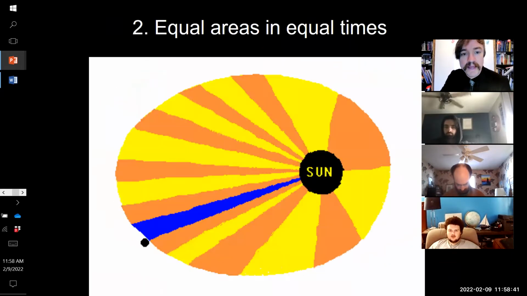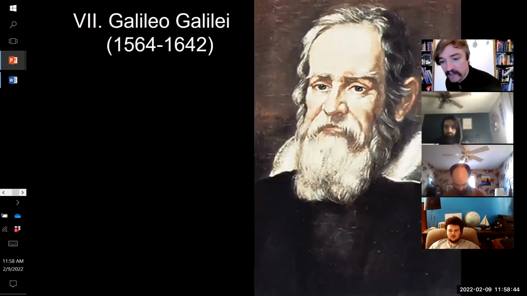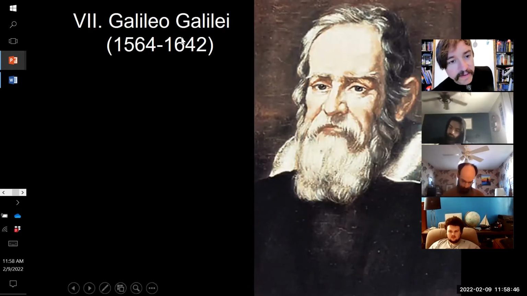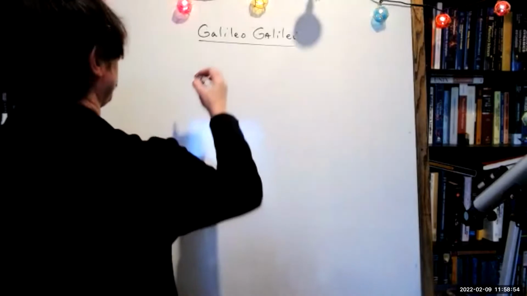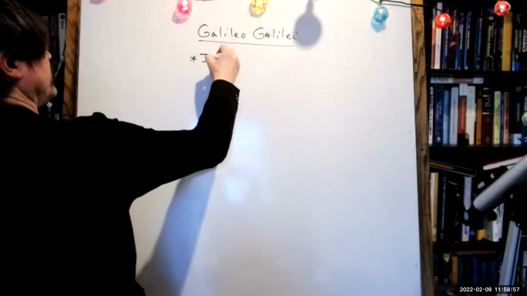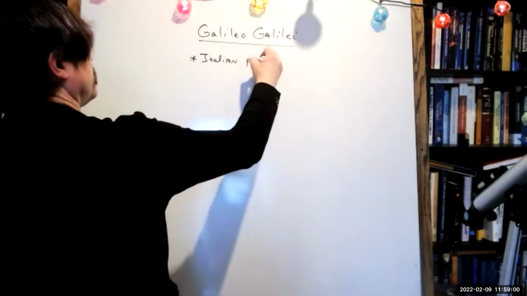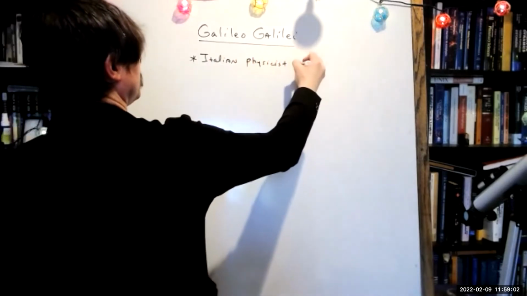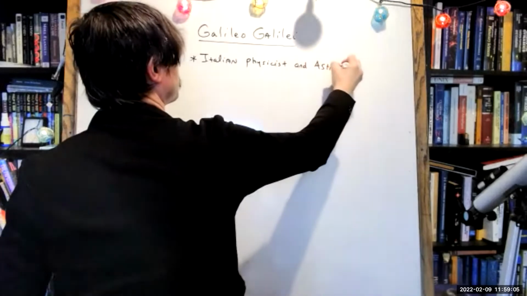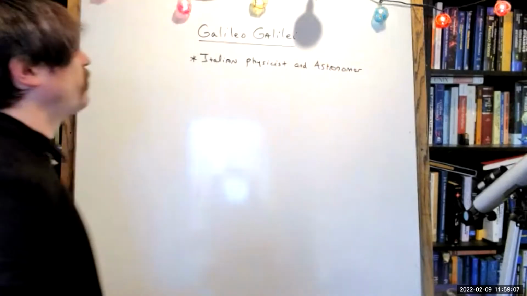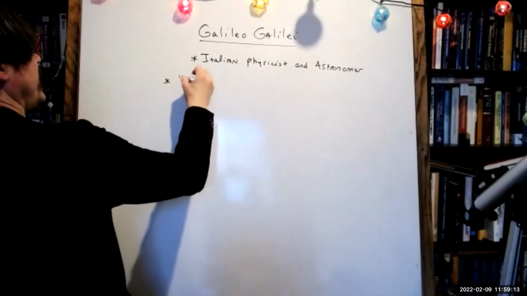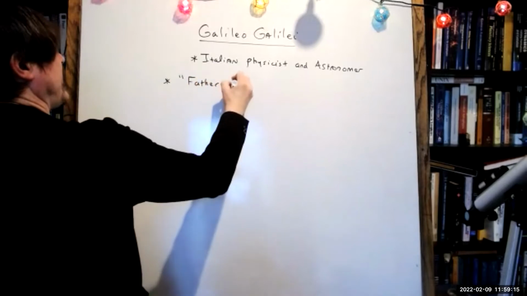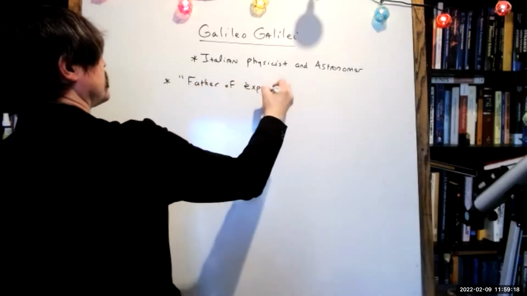So let's talk about what makes Galileo so important for us to learn about in the history of astronomy, and what he did deeply influenced the work that we're going to do this week and next week regarding Isaac Newton. So Galileo Galilei was a famous Italian physicist and an astronomer. These were two important fields he made contributions to. And people refer to him as the father of experimental science,